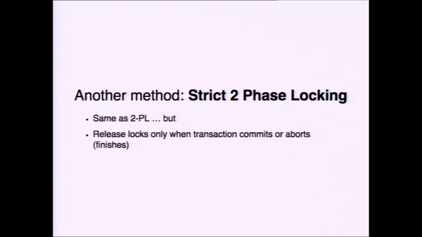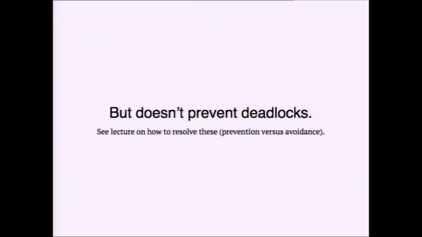So the way we're going to do this is by doing strict two-phase locking. This is going to prevent cascading aborts. It's the same thing as two-phase locking, but the key difference is that the release phase only starts at the transaction commit or abort point. You can't release any locks until you write your commit record or your abort record. So that's locking. Strict 2PL prevents cascading aborts, and it produces conflict serializable schedules, which is exactly what we want. But it doesn't prevent